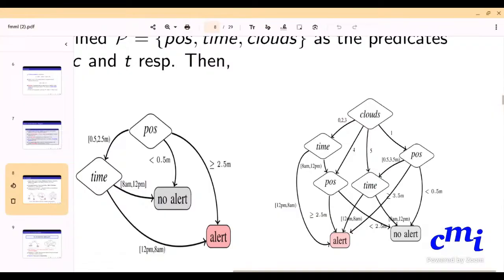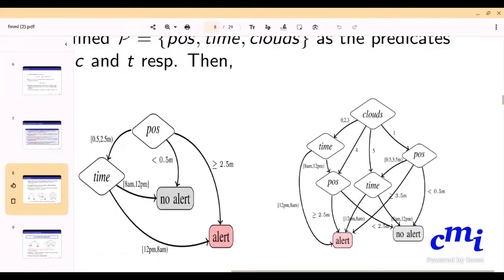That's why the partitioning function, the branching function, comes in. It partitions the domain of the feature into classes, not just two classes but multiple classes. So in a way, clouds is not a predicate. The value of clouds is either in partition 1, partition 2, partition 3, or partition 4. That's how you would define it.